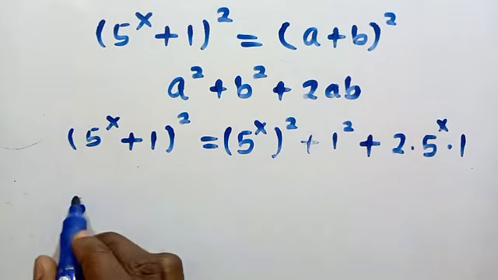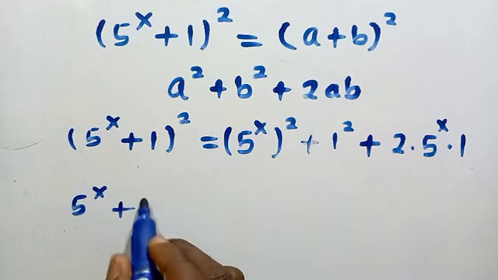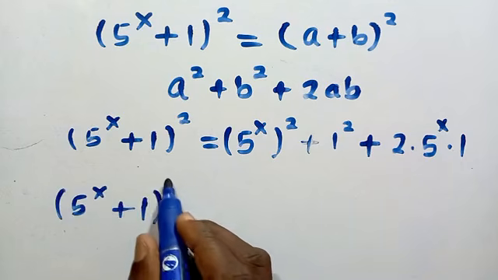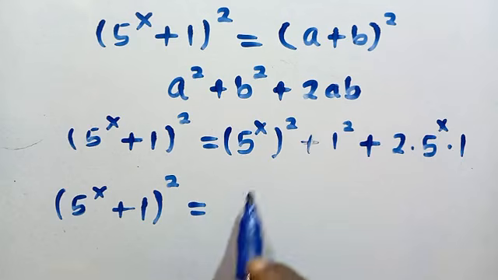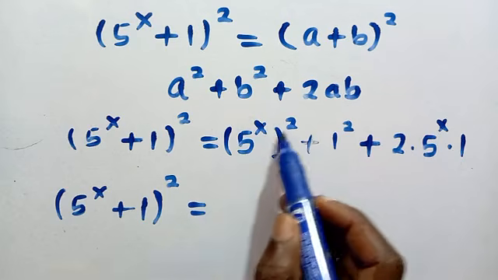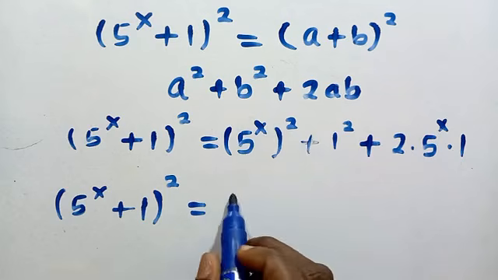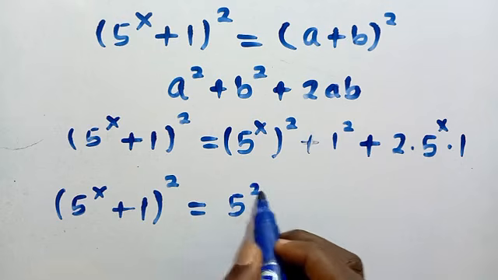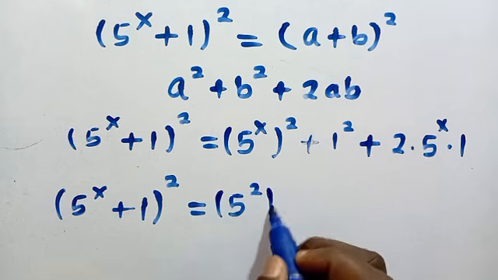So we proceed by writing 5 power x plus 1 raised to the power of 2 equals, from what I did earlier, we have to switch this as 5 power of 2 raised to the power of x